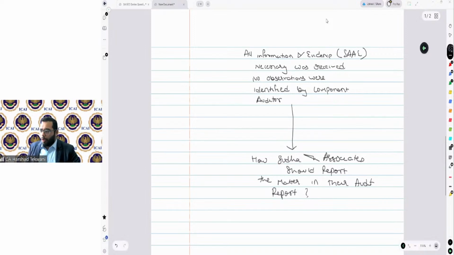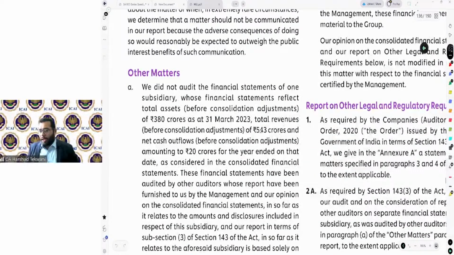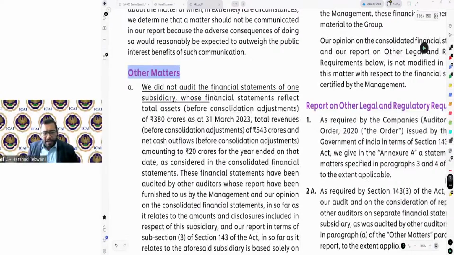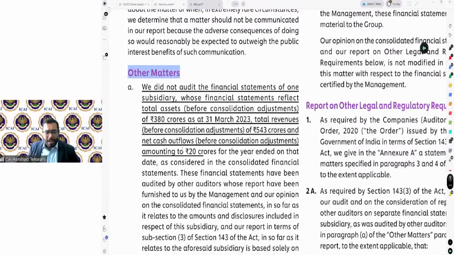Okay, let me show you. This is one of the audit reports. Now, if you see in the other matters paragraph, again, important, other matters paragraph. Over there, we did not audit the financial statement of one of the subsidiaries whose financial statement reflects total assets before consolidation adjustment of this much crores, total revenue of this much crores, and net cash outflow of this much crore for the year ended on that date, as considered in the